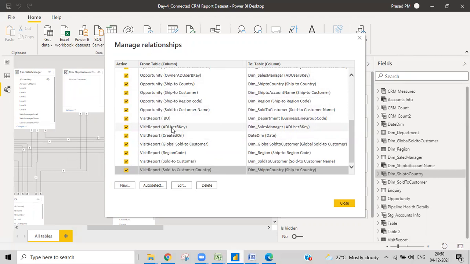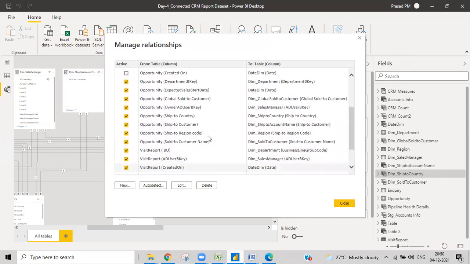That's it. The modeling part is simple. The only thing is, if you need to build a relationship between fact tables, then you need to create a bridge table and give a relationship with that. That is the way we go. We don't give a fact to fact relationship, because that gives a many to many relationship, and it will completely destroy our complete flow. That is a tip for you.